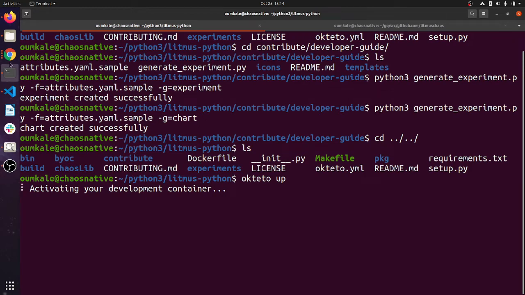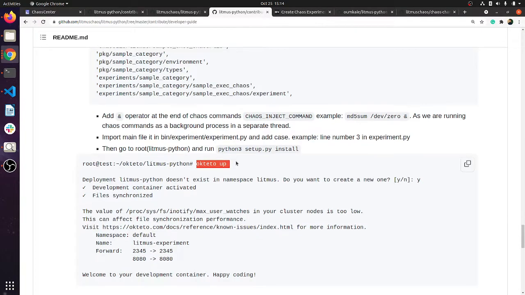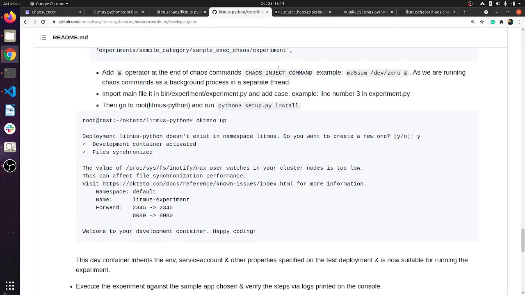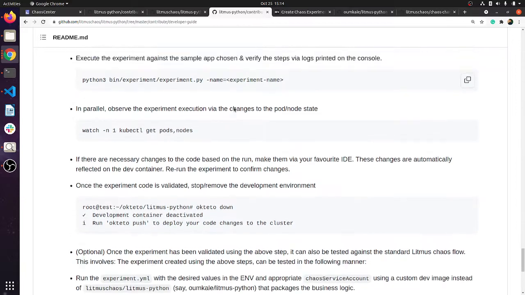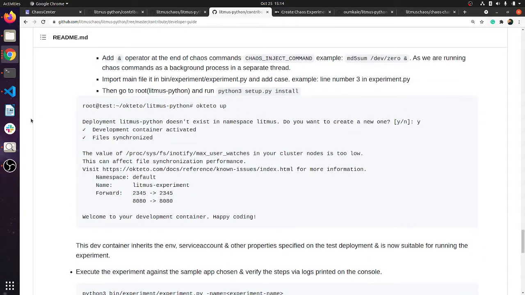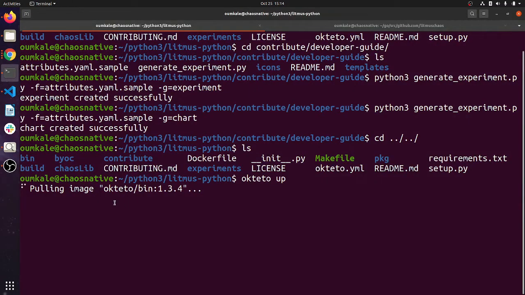It is taking some time, and for the timing, we'll be talking about a couple of things further.